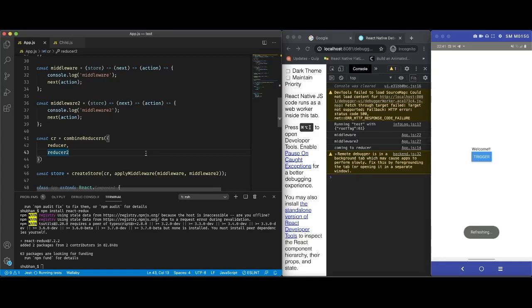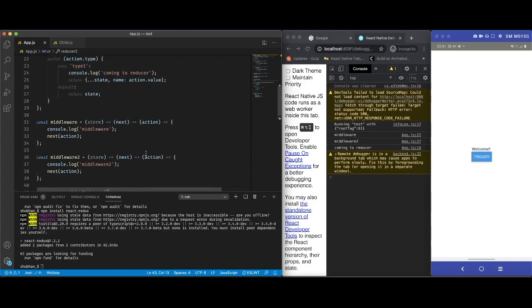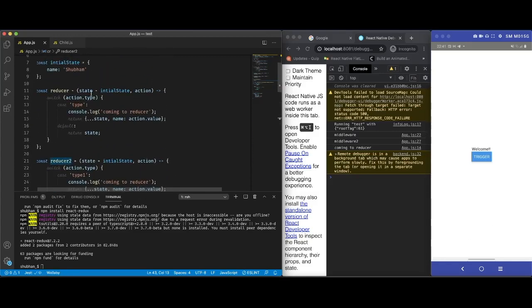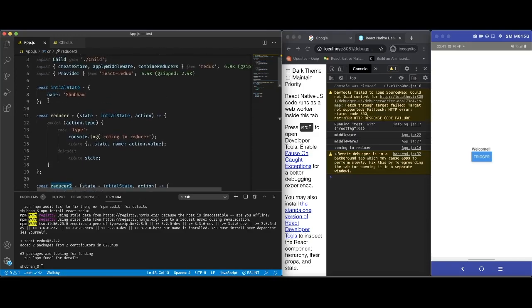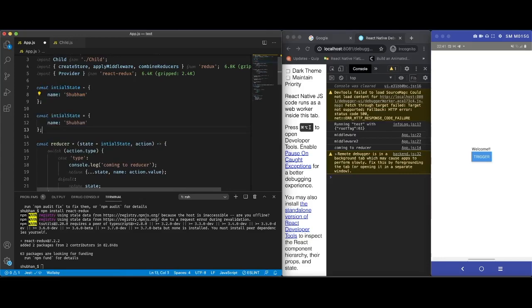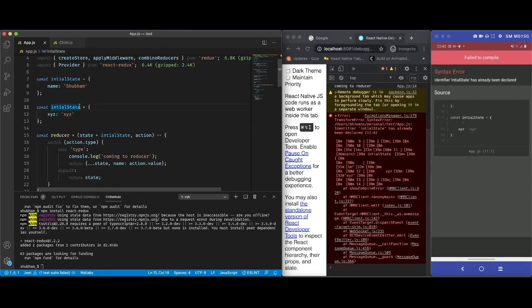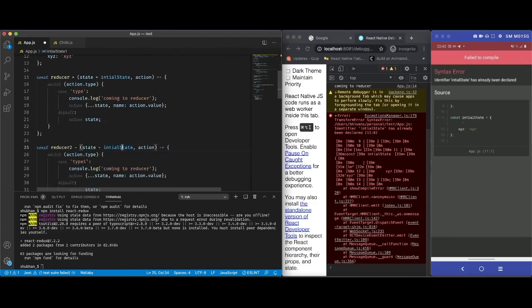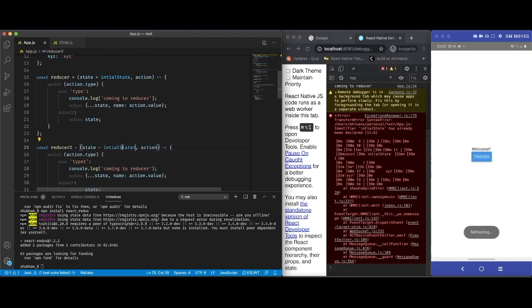We'll do some modification in the reducers as well in terms of initial states, so that we don't have any matching things between the two reducers. So we are going to create a new initial state, name it initial state 1, pass it to the second reducer, and reload it.